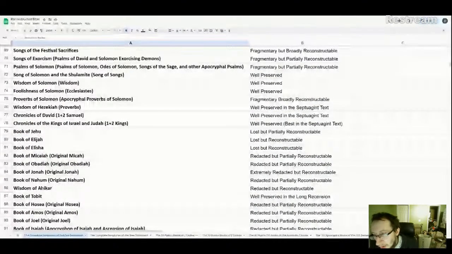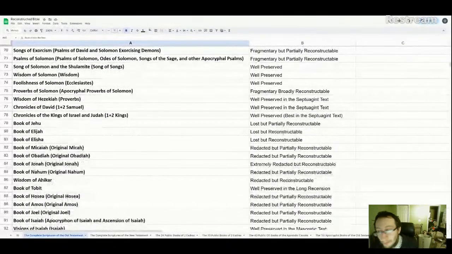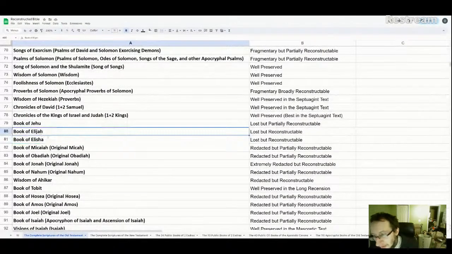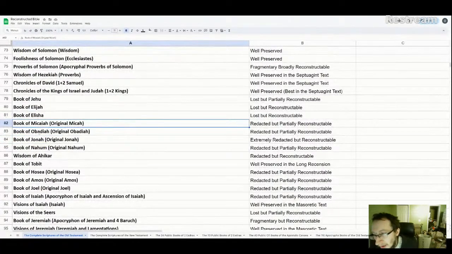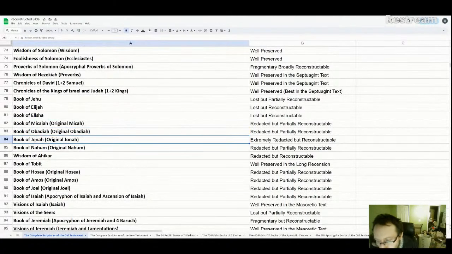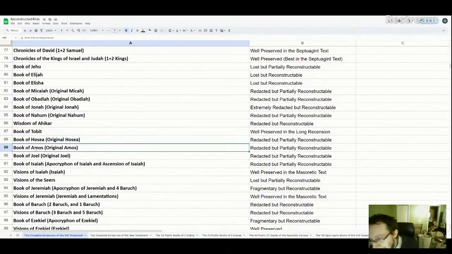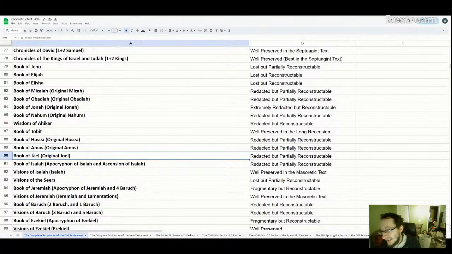king, go to the book of Elijah the prophet, book of Elisha the prophet, the book of Micaiah, or Micah, as I believe. More information, go to the book of Obadiah. Go to the book of Jonah for this prophet, this king. More information, go to the book of Nahum. More information, go to the book of Hosea, book of Amos, Joel. So in all these cases, in the Apocryphal Chronicles book that we don't have, it would have had the same style of 1st and 2nd Chronicles, where it refers you to books of the prophets.